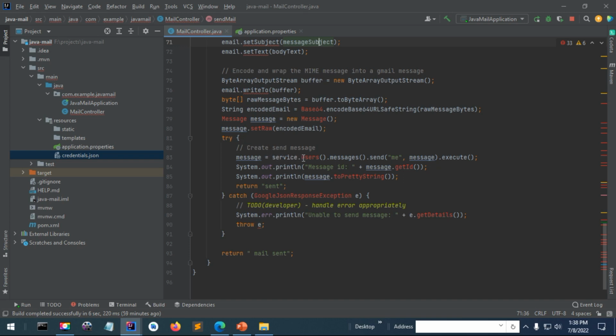After you set the raw, then you will call here, because I'm going to return a message. I use the service that I build and specify users. This method I have to specify also messages because I'm going to send a message. Different methods are available, but I'm going to use this message method dot send. Put this me, because in the label it is me who is sending the email, so put here me and put the message that is encoded and wrapped and